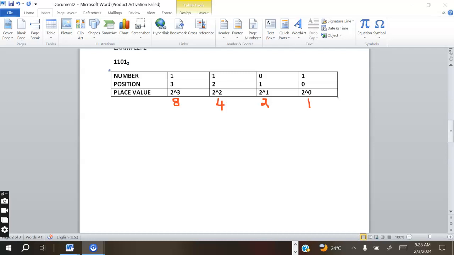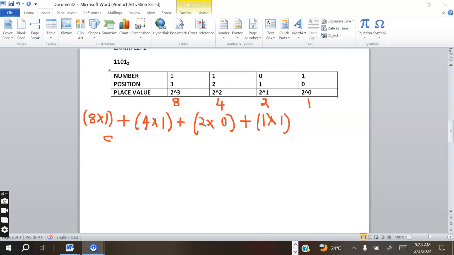That is the first number, 8 multiplying by 1, plus 4 multiplying by 1, plus 2 multiplying by 0, and lastly 1 multiplying by 1. So this one multiplied by that is 8